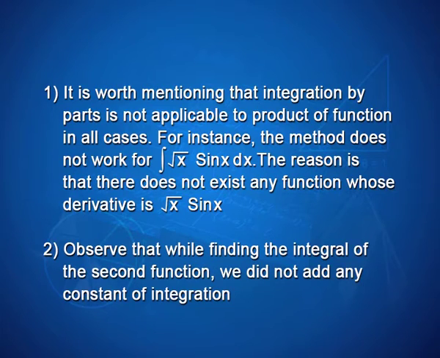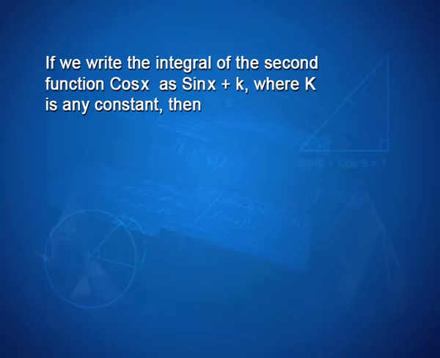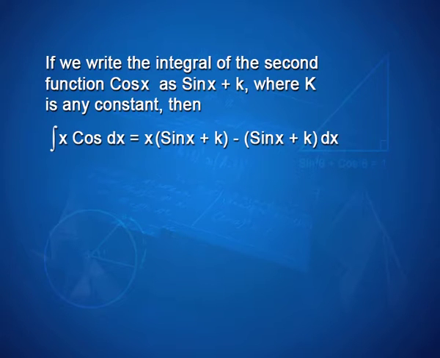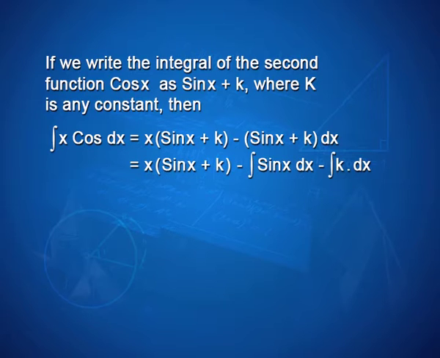Second, observe that while finding the integral of the second function, we did not add any constant of integration. If we write the integral of the second function cos x as sin x plus k, where k is any constant, then the integral of x cos x dx is equal to x into (sin x plus k) minus the integral of (sin x plus k) into dx, that is equal to x into (sin x plus k) minus the integral of sin x dx